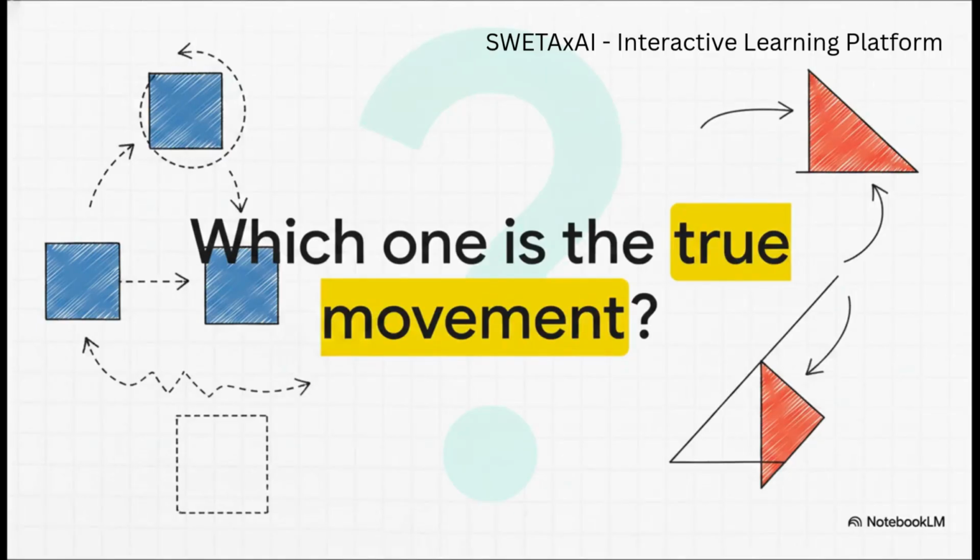I want to leave you with a fascinating, slightly provocative thought to wrap up our explainer today. Imagine you rotate a shape, and then you translate it. But then you realize you could have achieved that exact same final position and orientation with just one perfectly placed reflection. So if 2 combined transformations create the exact same shape on the grid as a single different transformation, which one is the true movement? It really just goes to show how deeply interconnected the invisible mechanics of geometric reality actually are. There is always more than one way to move through